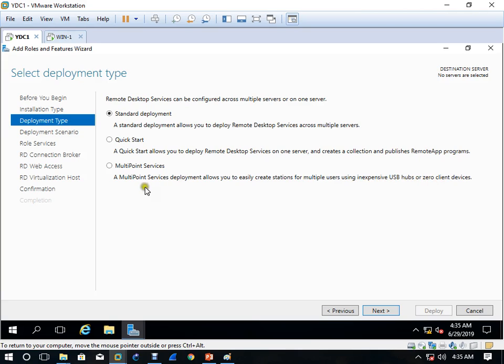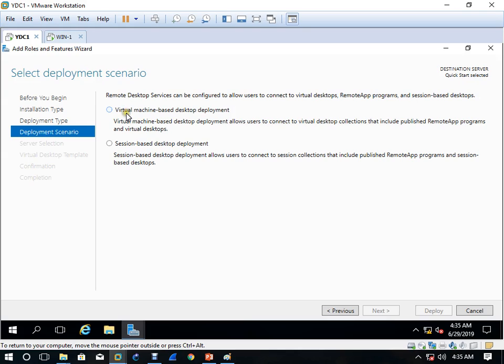This is a different option, but we only select this according to this lab. If you select this one, it is related to desktop deployment, but we are not going for desktop deployment. We are going to work on remote application deployment. So we'll select this one and click next.